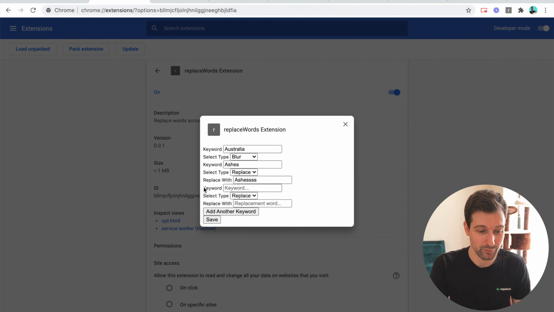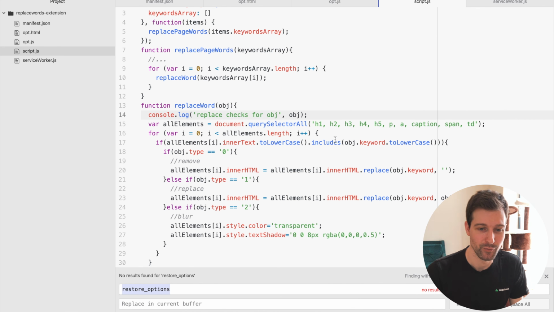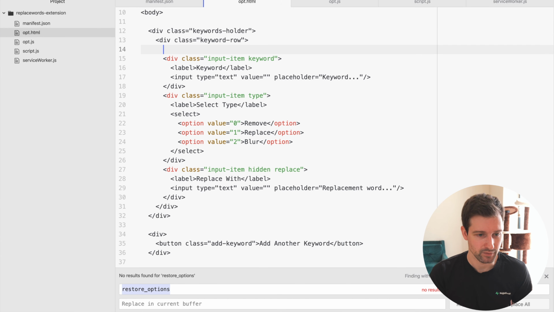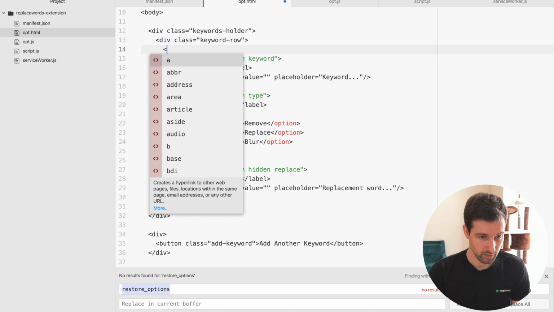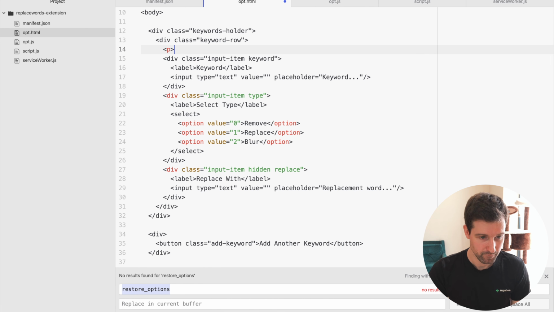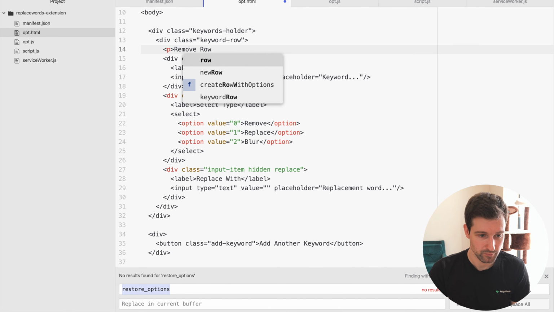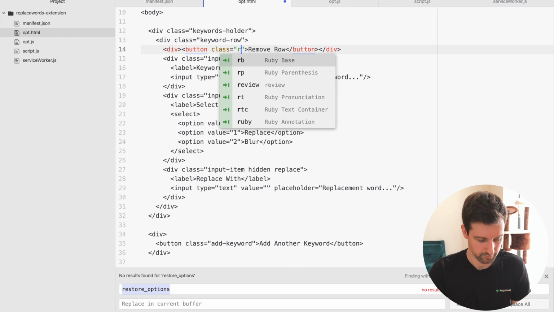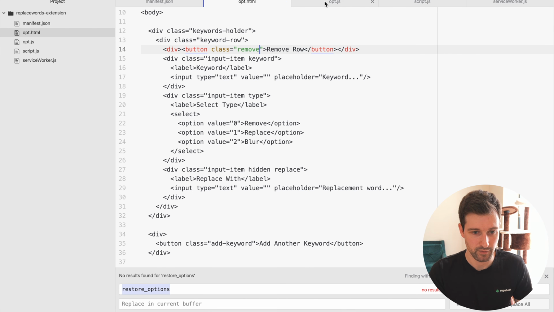I think it would be quite useful to have a way to remove these. So let's just go ahead and add that in now. Why not? So where we have our options just here, we're going to add something at this row, just a little paragraph that will say remove row, and just put in a button, let's just put this as a div instead, like this, and we'll set a class, and then over here